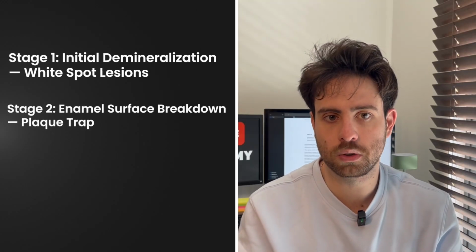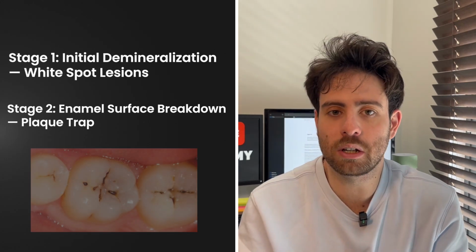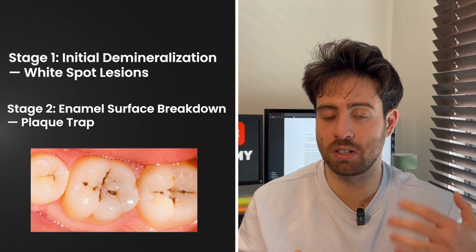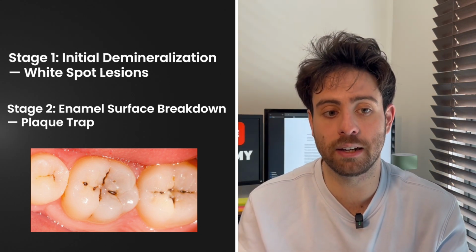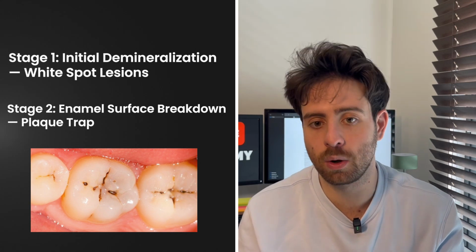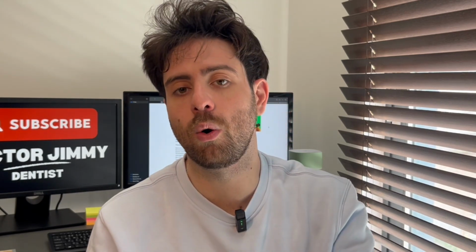And the second stage is what we call the enamel surface breakdown. And that's a critical decision point, because if the demineralization process continues unchecked, we can start seeing surface breakdown, and the enamel structure then begins to collapse, creating small cavitations, tiny holes, and pits in the tooth surface. And now we're entering into a more complex treatment decision. So the question becomes, is the lesion accessible for effective plaque control, or do we have sufficient exposed enamel surface for the remineralization protocols to be effective?